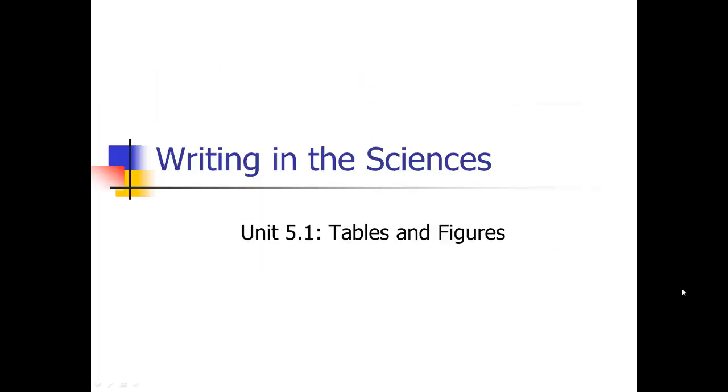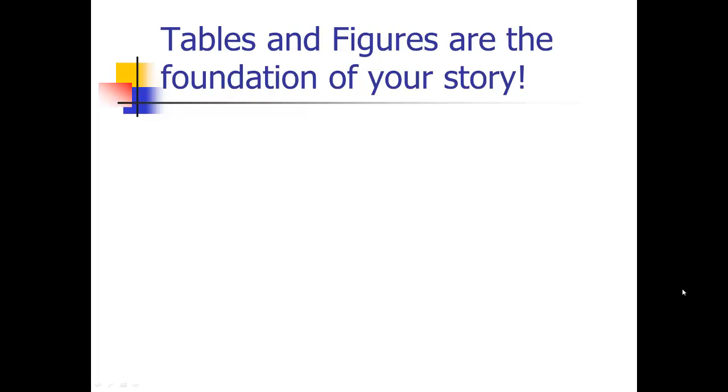So in this first unit, we're going to talk about tables and figures. And again, tables and figures are really, in a way, the most important part of your manuscript. The big mistake that scientists make a lot of times is they do the tables and figures very haphazardly. I'm just going to throw this data in a table, throw that data in a figure, and they don't think it through very carefully. So you really want to think through those tables and figures very carefully,